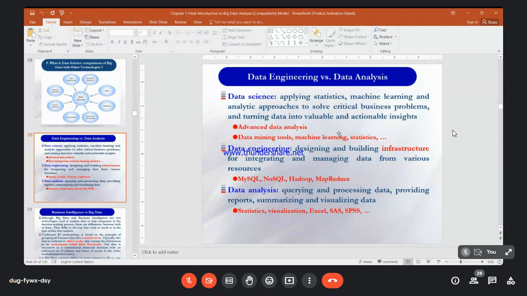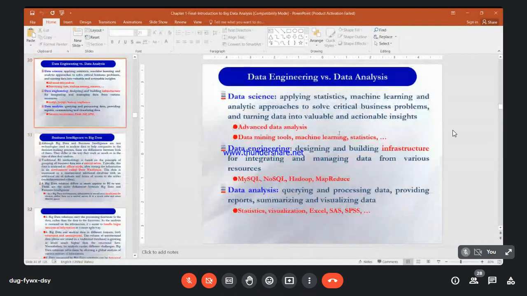Data analyst, the one who has an expert or a skill to analyze the existing data in tabular forms, in table form, in image form, or in graph forms, whatever it is. The data scientist applies statistical, machine learning, analytic approaches, whatever any technique you are, you will be data scientist. Data science, the one who studies about data science is data scientist.